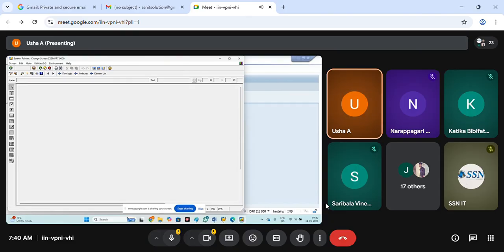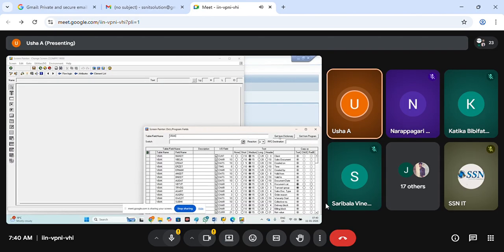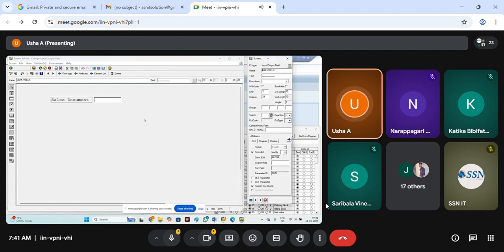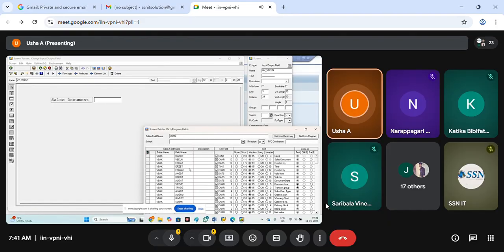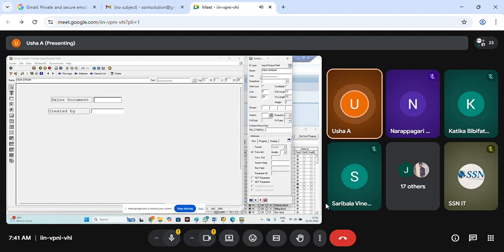In the layout, we are just going to choose the field from dictionary. See, VBAK is the dictionary. Get from dictionary. I'm choosing the field VBELN, and I'll just rename this field as ZV_VBELN. And then I'm going to take from the same table. I know VBAK has all the options. ERNAM does not have any help button in the table. I'm choosing that field also and double click on that. I'm just going to rename it as ZV_ERNAM.